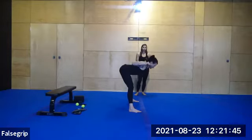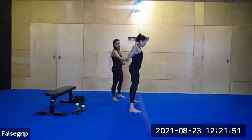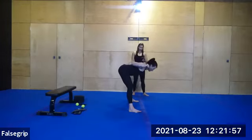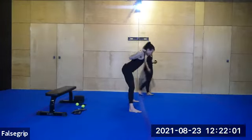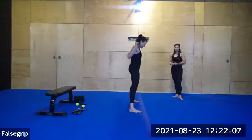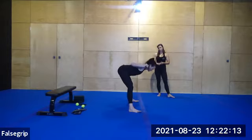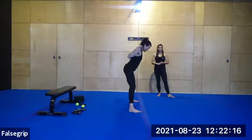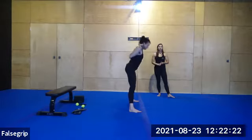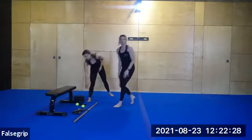1, 2, 3, and as you can see, Christy's standing tall. She is not pushing her hips forward and arching her lower back at the top. 3, 4, good. 5, 6, last few reps here. 7, soft bend in those knees, so not fully locked. 8, 9, and 10. Well done. All right, we'll pop the stick aside, and then for our next exercise, guys, we will